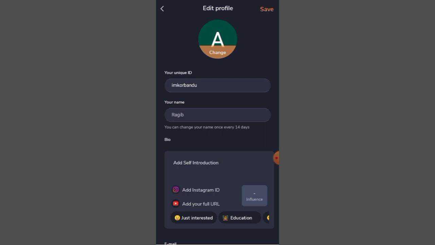Once you click on that, then you'll get your name. You can see here your name. So I'm going to click, but I changed recently. You can change your name once in 14 days. You cannot change your name for 14 days. So I just recently changed, that's why. But if you did not change before, then you can see here and you can give your name here, and